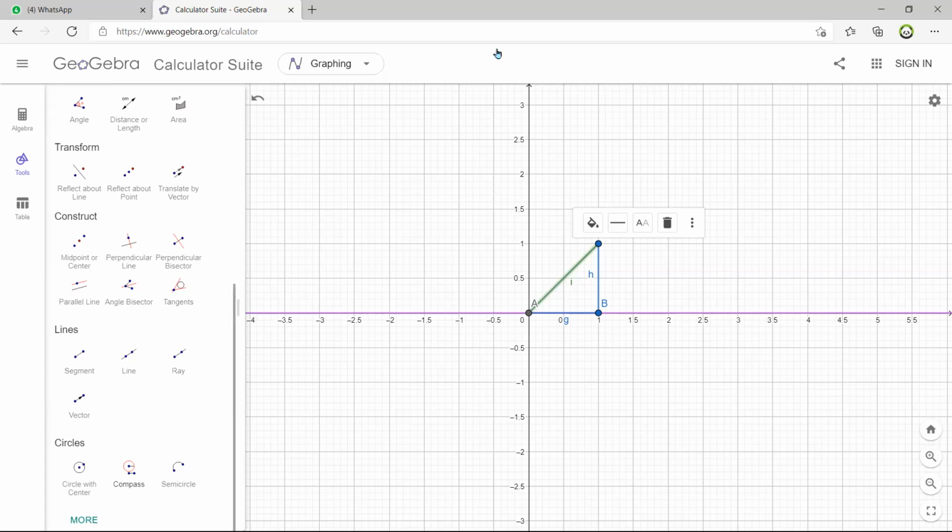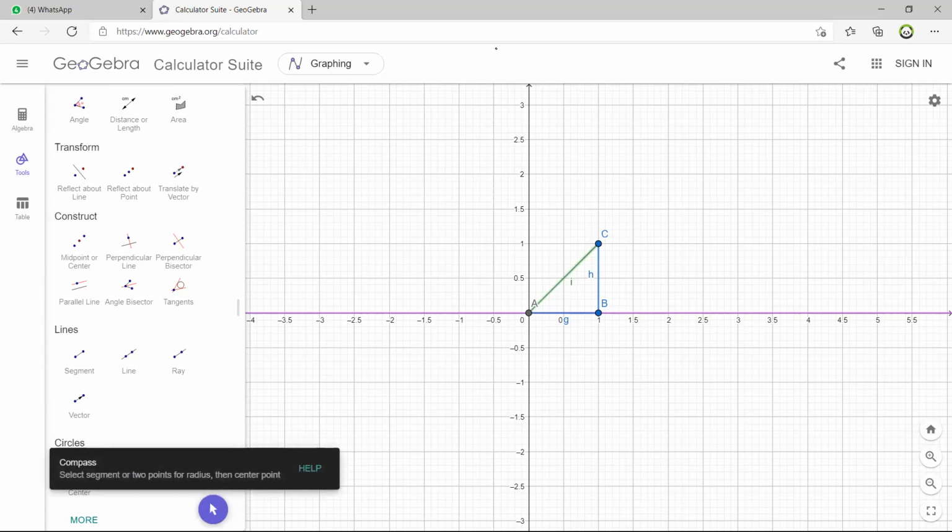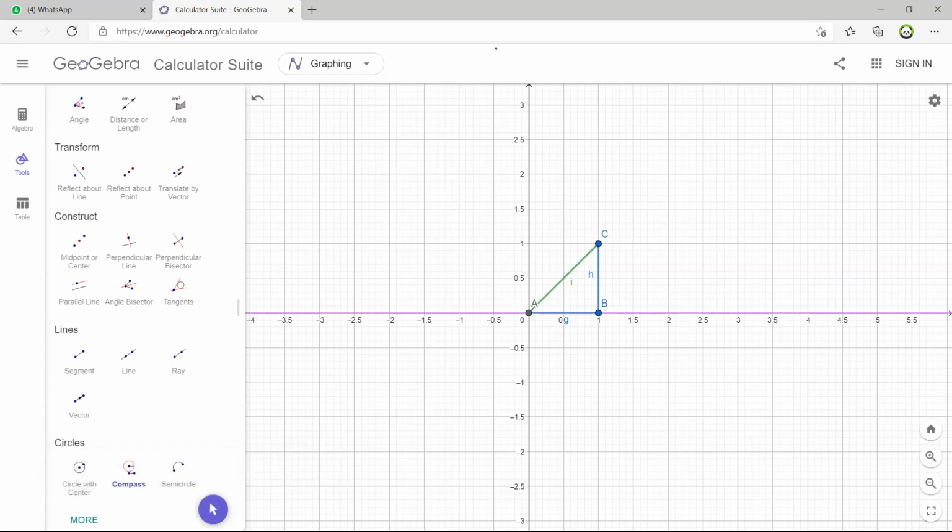For that, I'm going to measure the length of AC and drop it on the number line. So you're going to take a compass. Put the compass needle on the point A, which is basically 0 on the number line, and the pencil of the compass should be on C. Now the length that you have is root 2, 1.414 and so on.